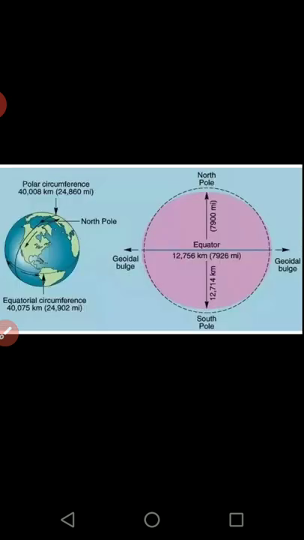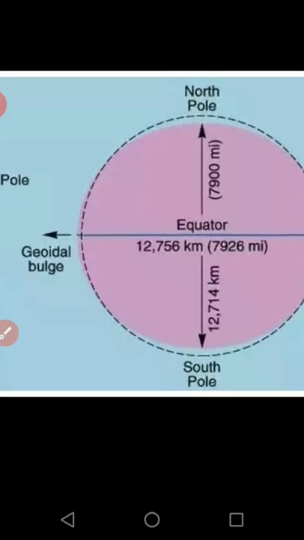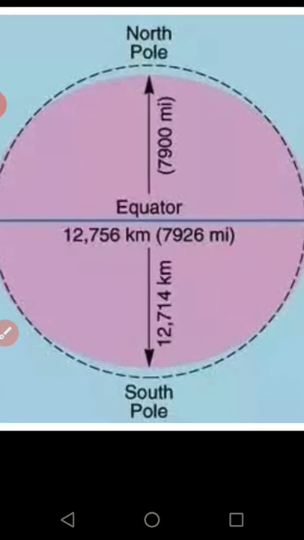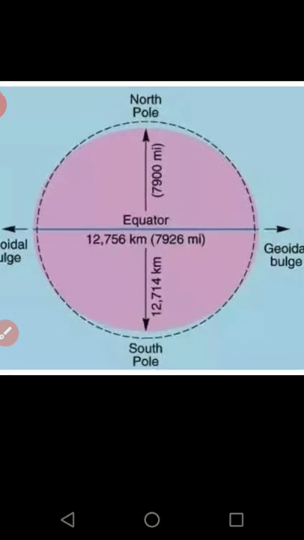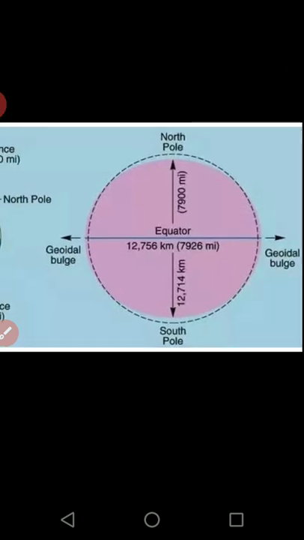Now another thing we come to know because of the latitudes is the earth's diameter. Here you only have to take care of the central figure, that is the earth's diameter. That means how long the diameter of the earth actually is. So the diameter of the earth is 12,756 kilometer. This much is the length of your earth across, and that is the distance of this equator also.